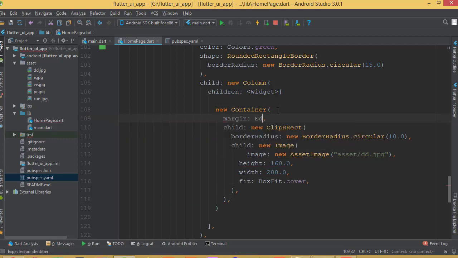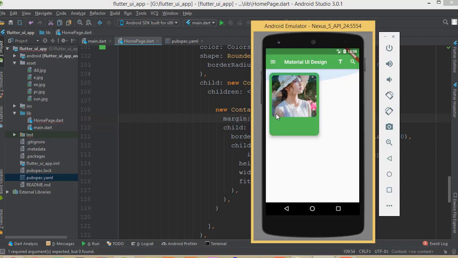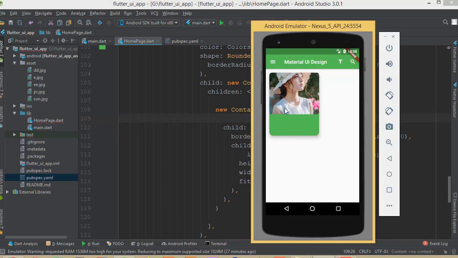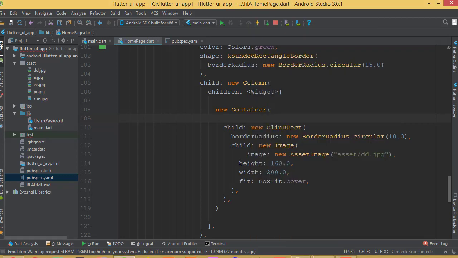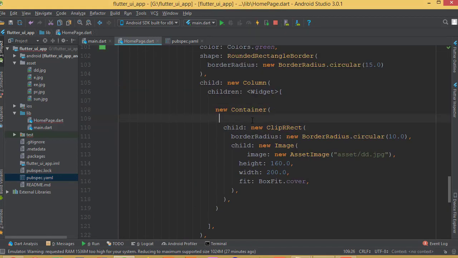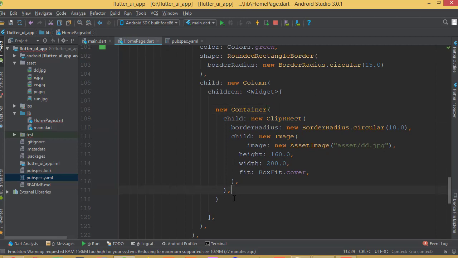Margin is going to be EdgeInsets.all 10.0. Now run it, and now we can see this. So we don't need to add the margin here, it's quite fit for this thing. Okay, so this is the image, and after that we need to add two texts. So this is our first column item, that is the container, and after this we need to add two